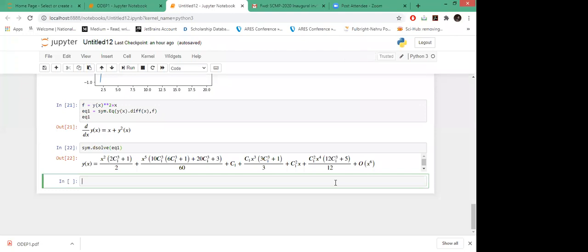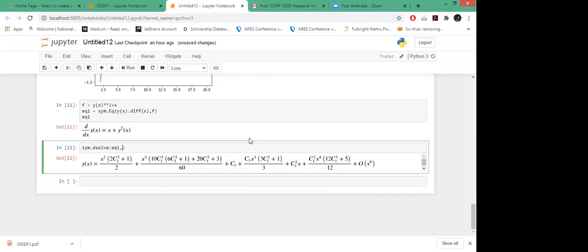Now we can use the initial condition and see where it will terminate. Again, let's just pass the initial condition here.